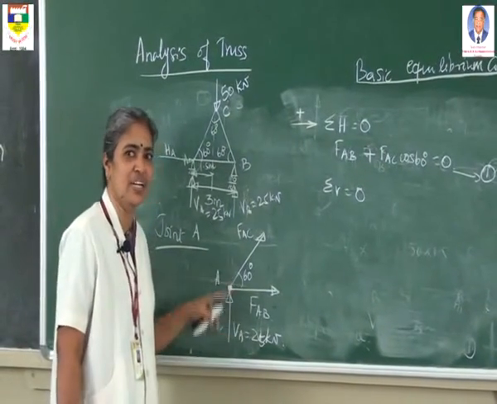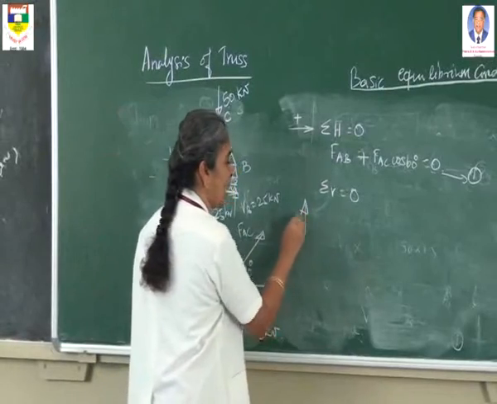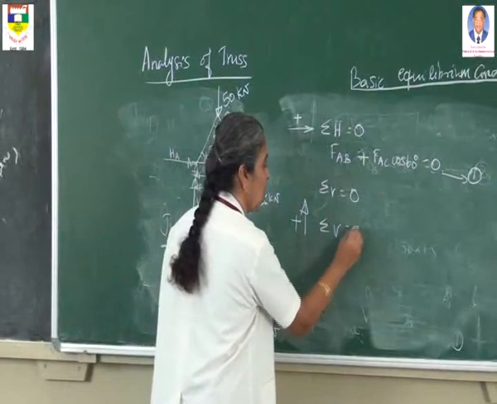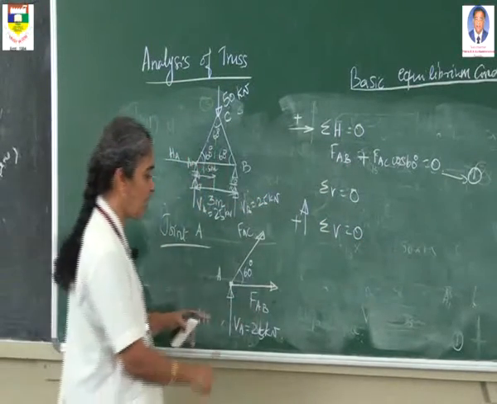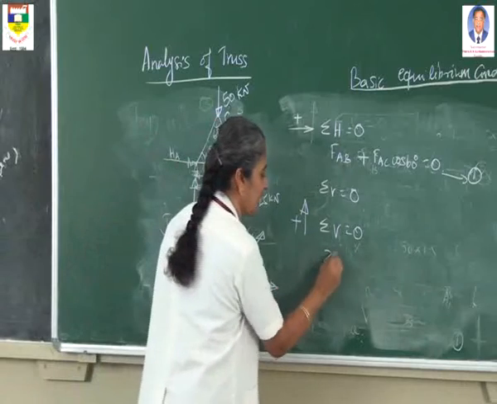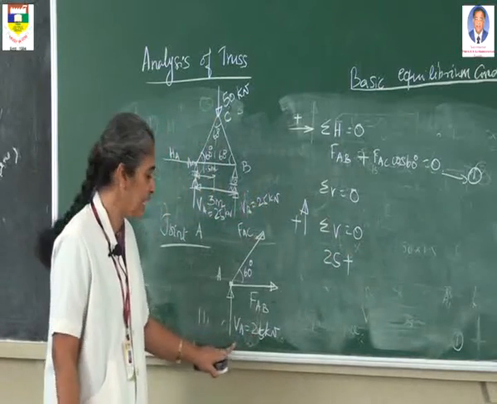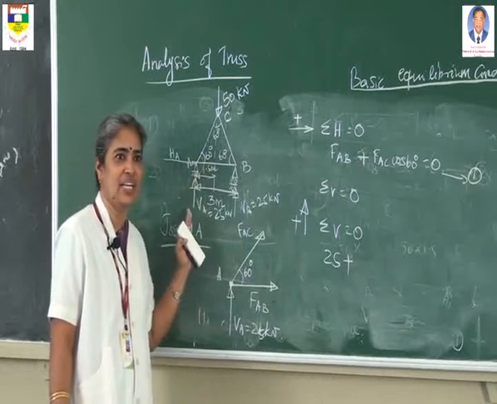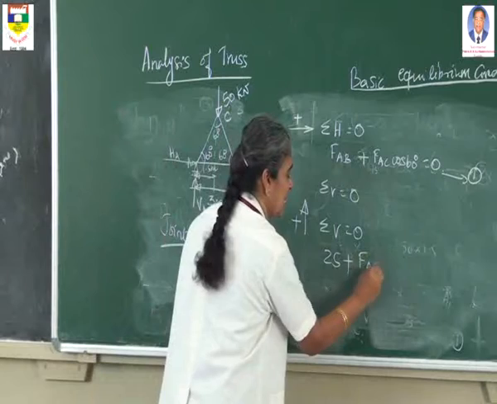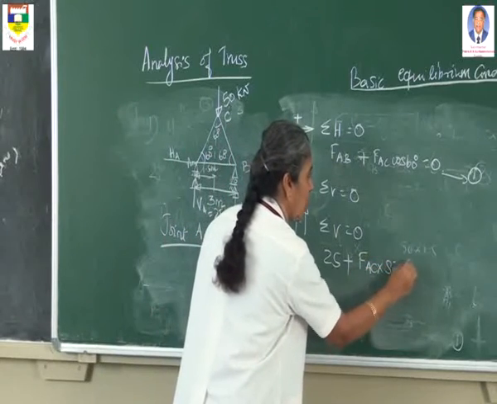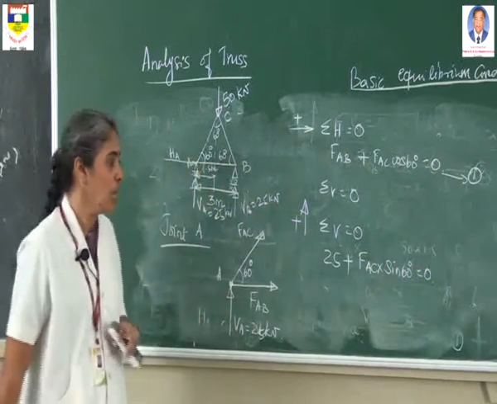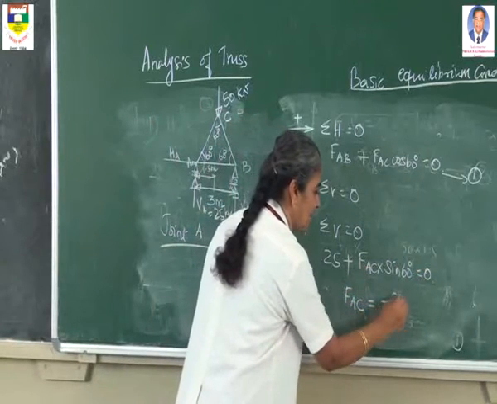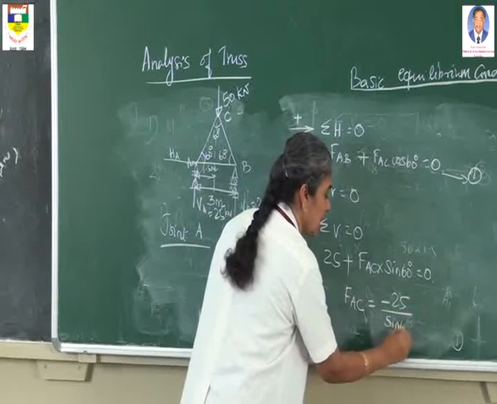Next, resolve all the forces in the vertical direction. The force acting in the vertical direction is taken as positive if it is in the upward direction. So summation of all vertical forces is equal to 0. Add all the forces in the vertical direction. This force is 25 kilonewton. This is the reaction component, and it is acting in the upward direction. Another force is FAC, which you have to resolve in the vertical direction. So plus FAC into sin 60. The vertical component is sin 60, which is equal to 0. Now using this expression, you calculate FAC. FAC is equal to minus 25 divided by sin 60, which is equal to